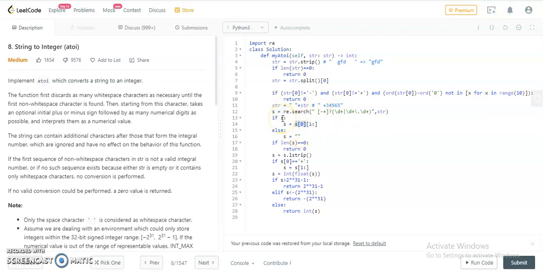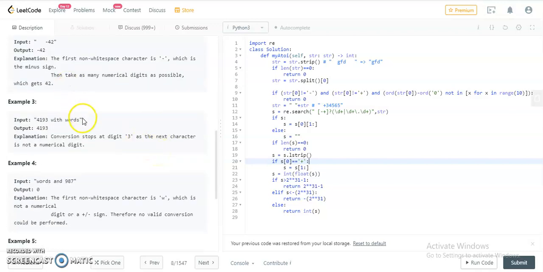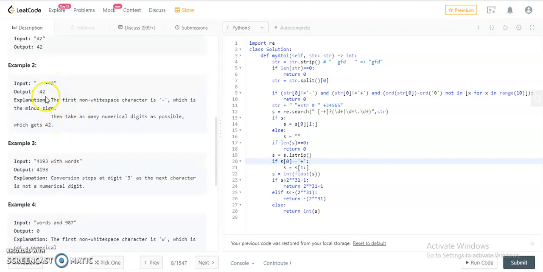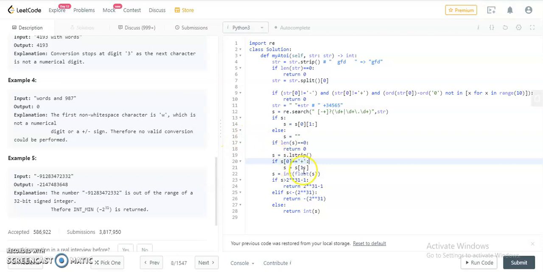If there is nothing coming, if this search function is returning None, then I will be returning 0, right? Now I will be eliminating any white space left. We don't require this line, but maybe there would be some case for that, so I have put it here. And also if there is a plus sign, I need to ignore that plus sign. We don't need the plus sign in the output string. They didn't show it here, but if it is like plus 42, then we're going to ignore that plus sign, so that's why I ignored it here, right?